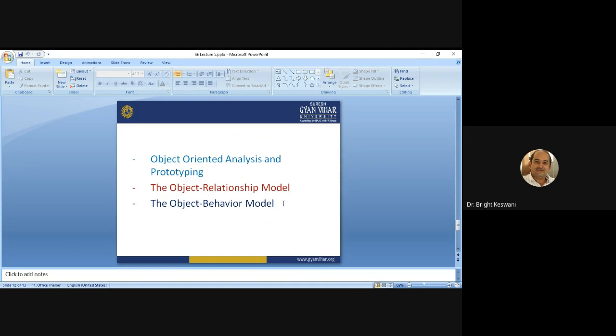So first of all, object oriented analysis and prototyping, we will discuss this topic. The use of object-oriented analysis can lead to extremely effective prototyping and evolutionary software engineering techniques.